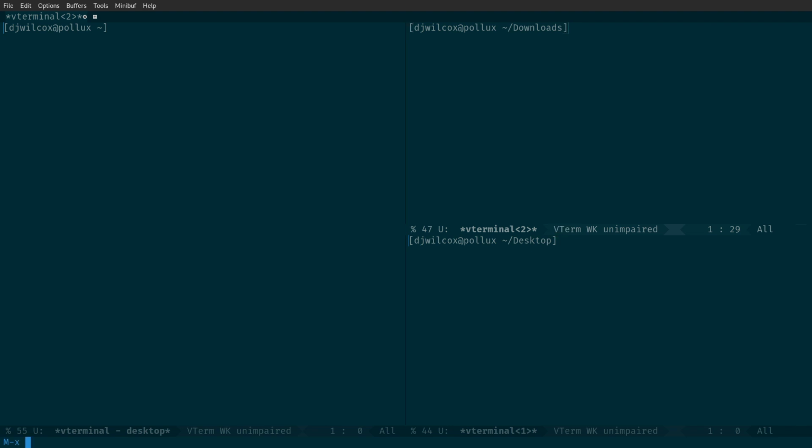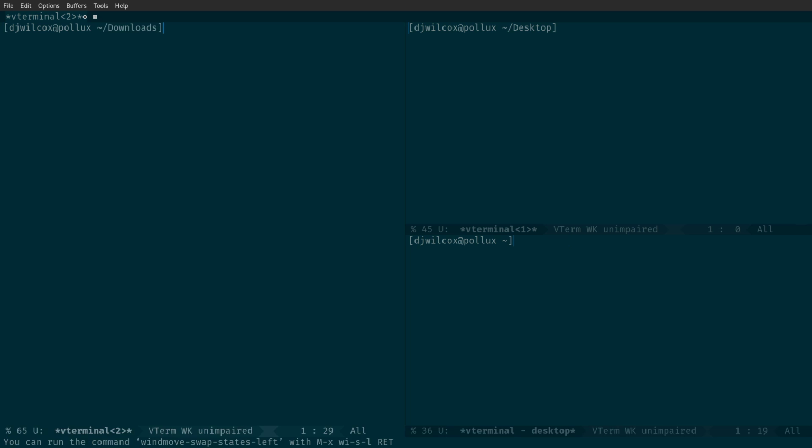So windmove swap states down. Yeah, you can see it swaps those. So can I do this left as well? Will this switch it left? Windmove swap states left. Yeah. So that then swaps the downloads to where the home was and the home to where the downloads was. So this is pretty cool, and you can actually